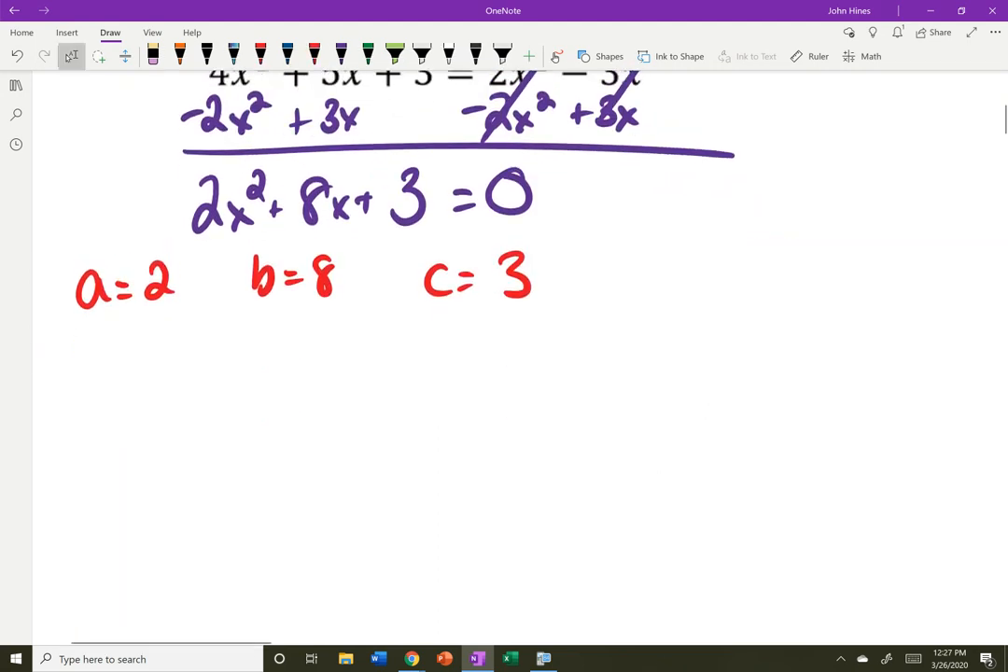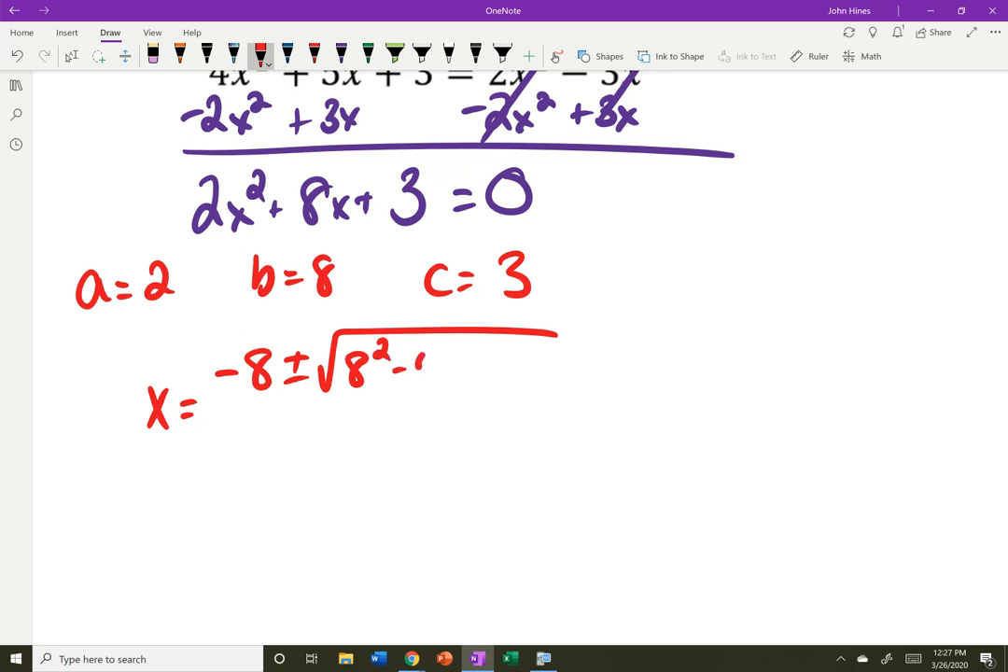And now we just plug it in. x equals the opposite of b plus or minus the square root of b squared minus 4 times a times c all over 2 times 2, which is 4. So I took those numbers and I substituted them into the quadratic formula. Then we type in what's under the radical. Don't type in the square root. Just type in 8 squared minus 4 times 2 times 3. And I got 40